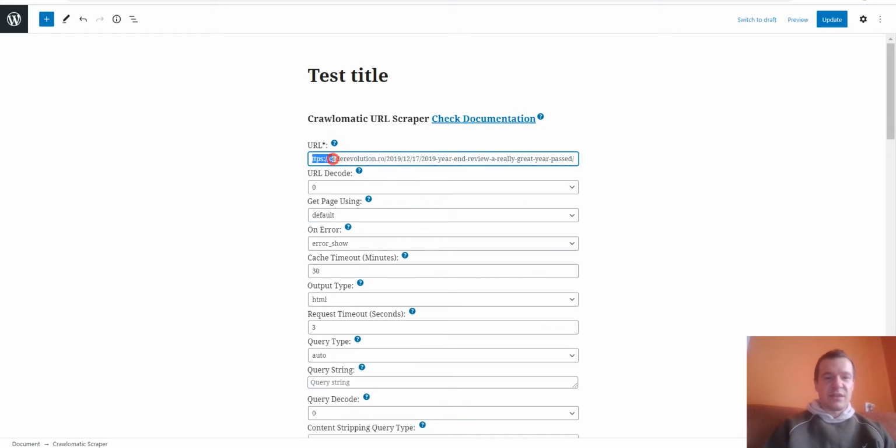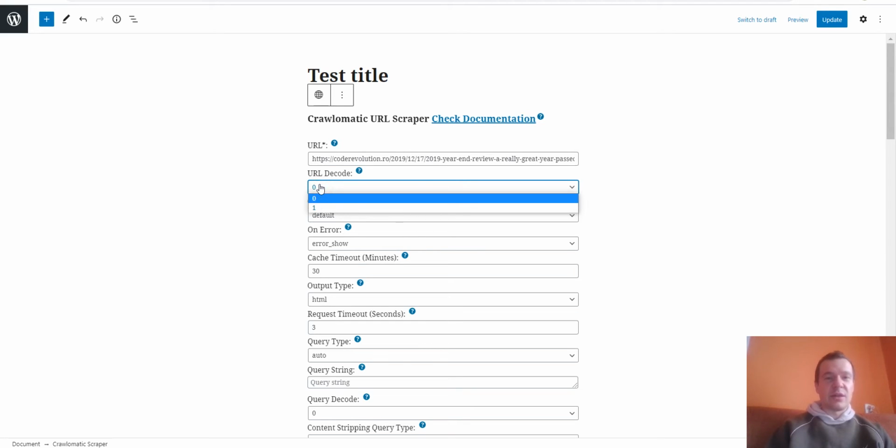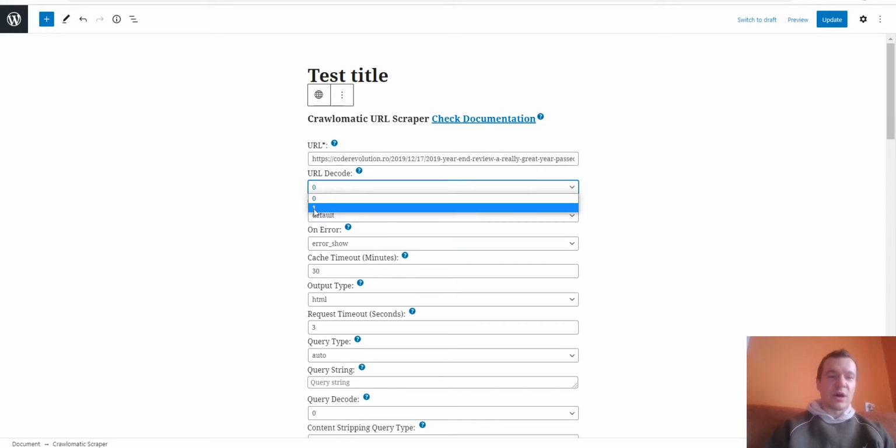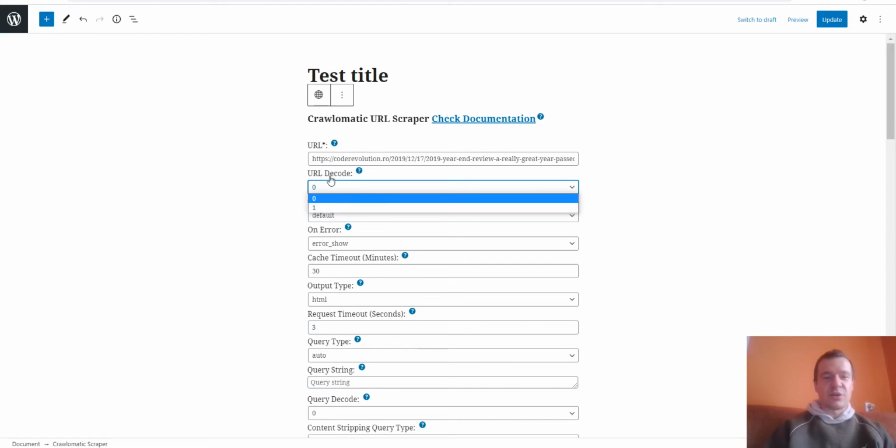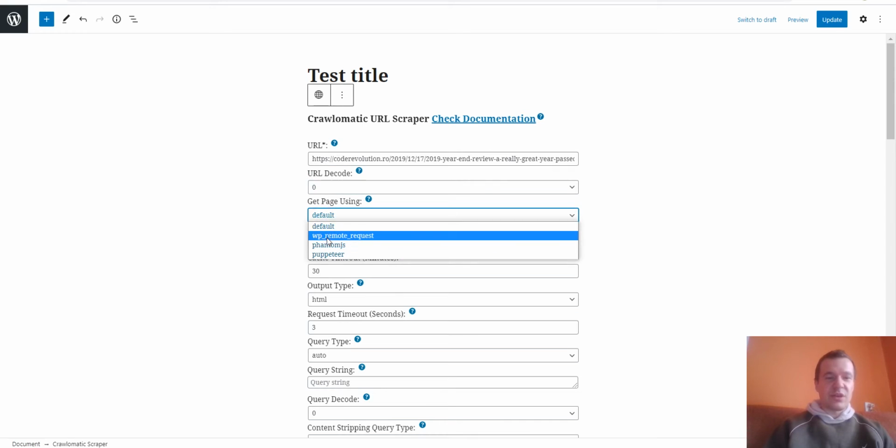So you can set this, and the shortcode or the Gutenberg block will get content from this URL. If you set the URL value by automatic means, you can also set this to automatically URL decode the URL value. But in general, this is not needed. Get page using: you can get the page using the default values that the plugin uses: WP remote request, PhantomJS,